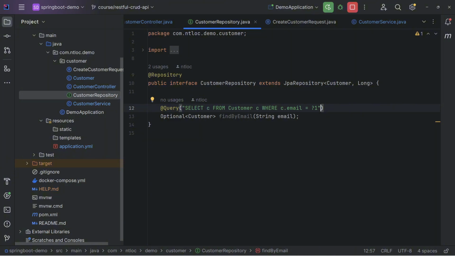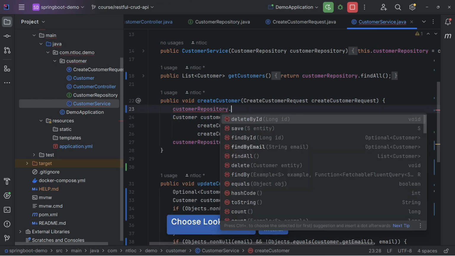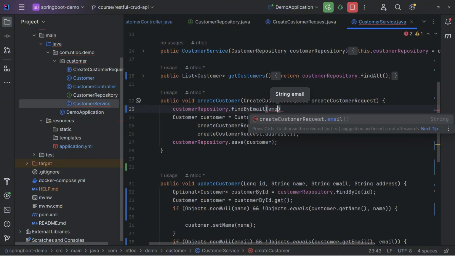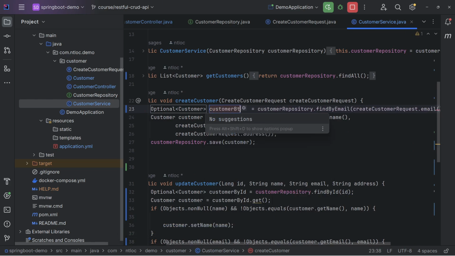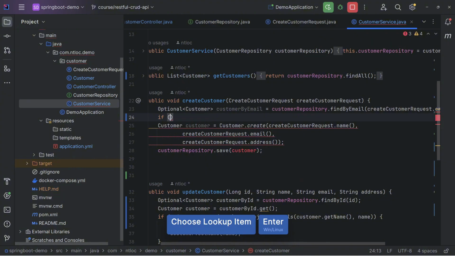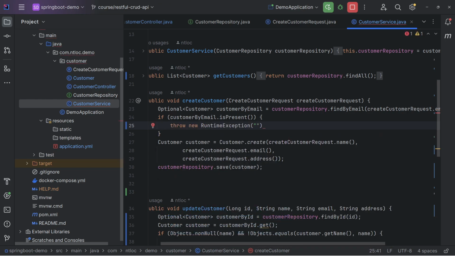Let's go back to the customer service, and in here customerRepository.findByEmail, we pass the email in here, then assign it to the variable customerByEmail. If customerByEmail is present, then we will throw a new RuntimeException, and the message is the email is unavailable.